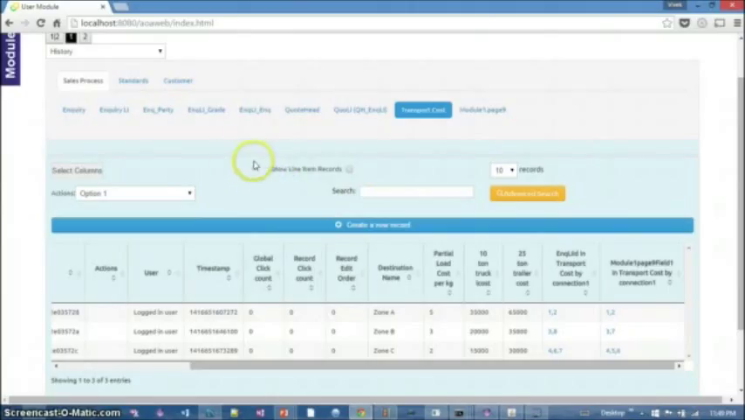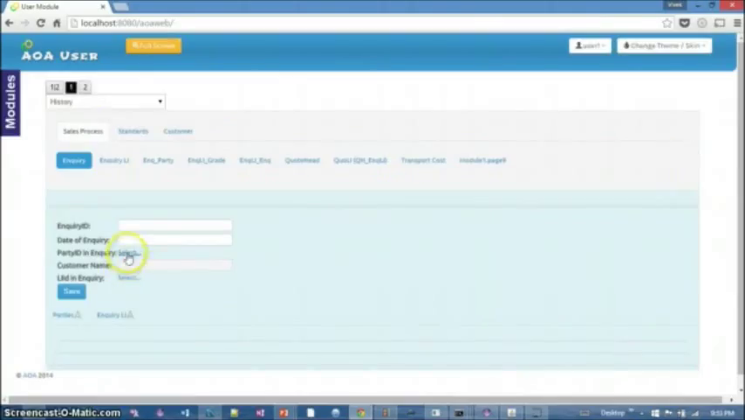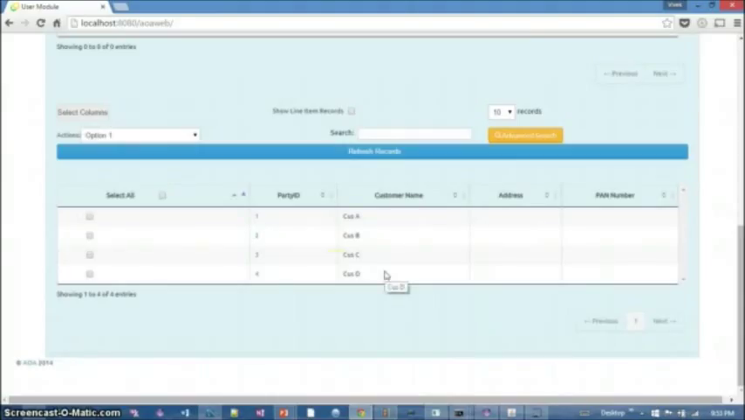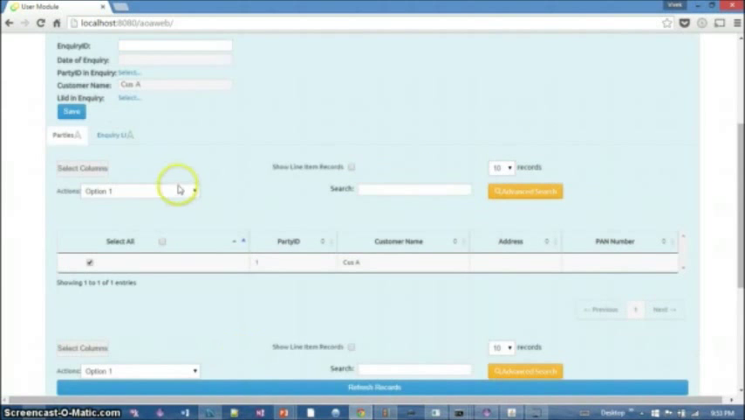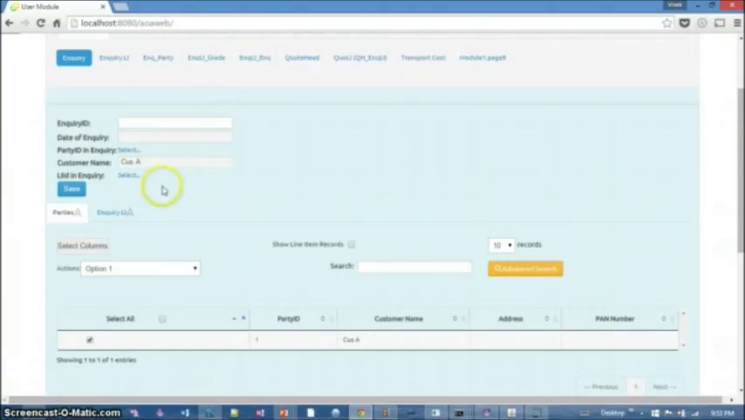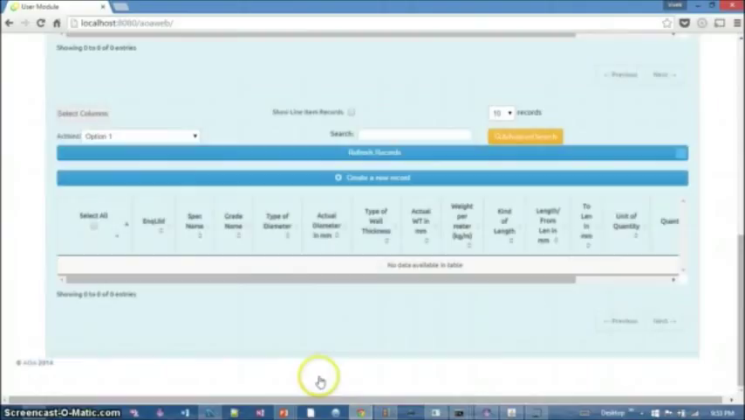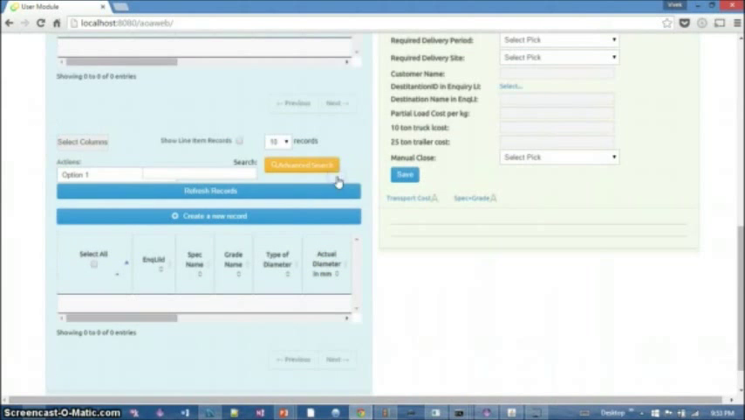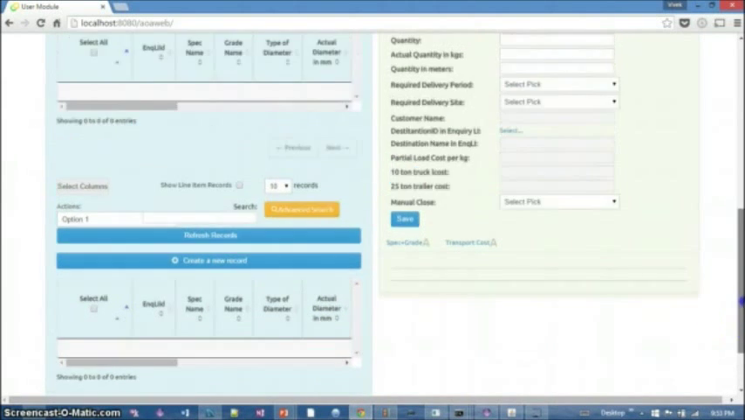Now we go to inquiry. We click to create a new inquiry. We choose the customer, the party. You can see there are four there. We choose A and it gets selected. We then need to create a line item. We say create,